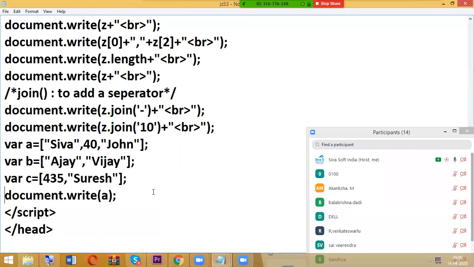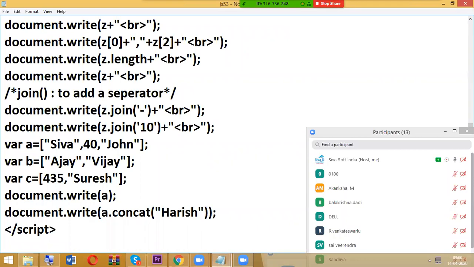Now A.concat. I am typing some value manually, Harish. What is A here? A is nothing but Shiva 40 John.